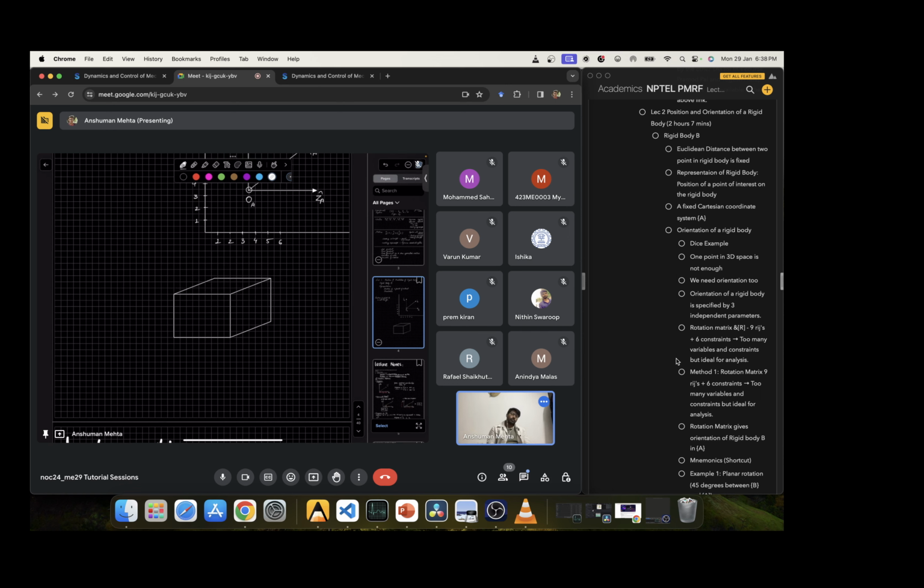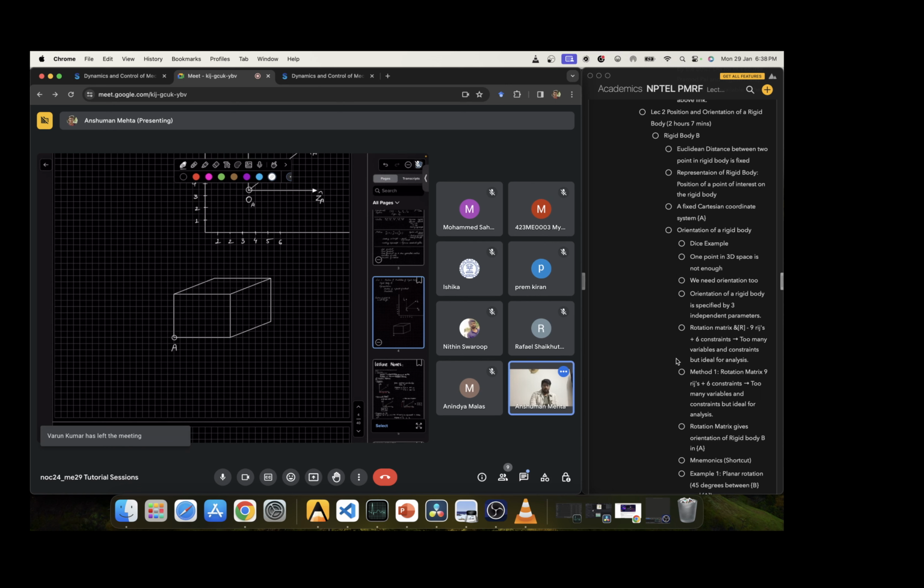So let's say we know the position of the dice, like we can take one point and we can fix it. This is point A and we are fixing it. But what is the orientation of the dice? Now orientation of the dice is very important to the fact that the number displayed on this dice,